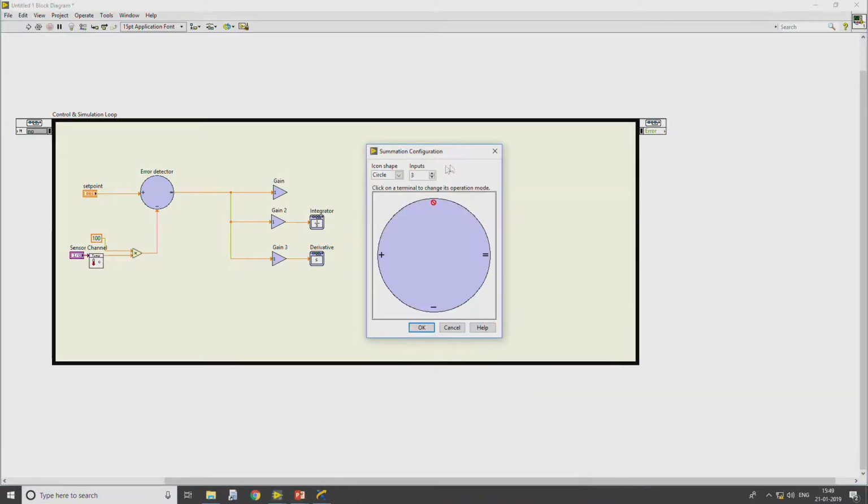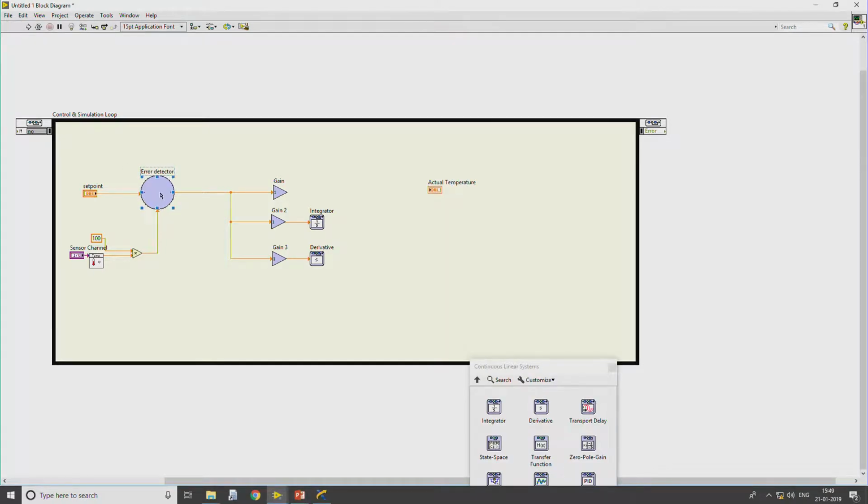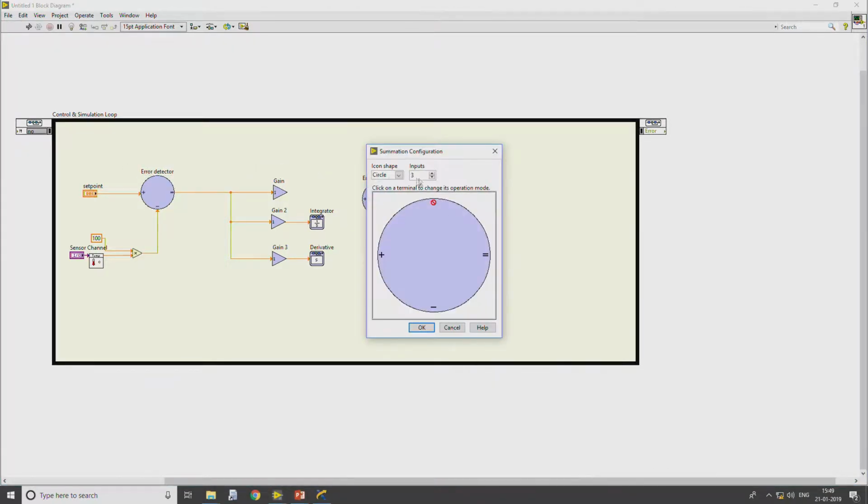I will copy and paste this particular error detector, but in this case we require 4 inputs, and this should also be positive, or I will make it this way, this is positive, this is okay.